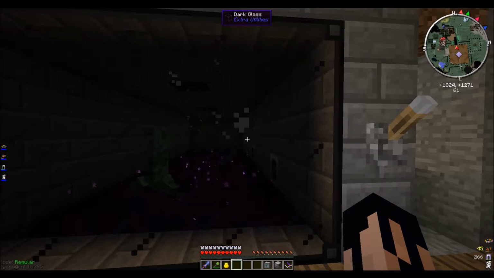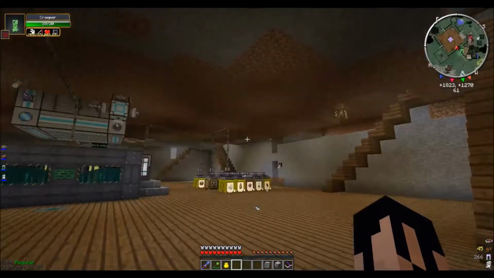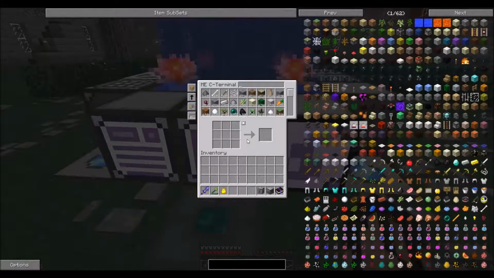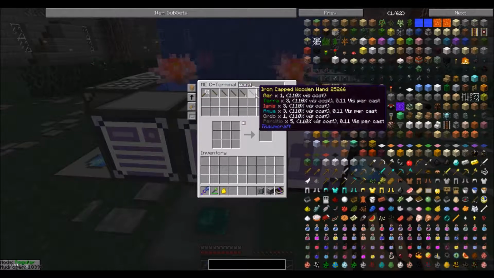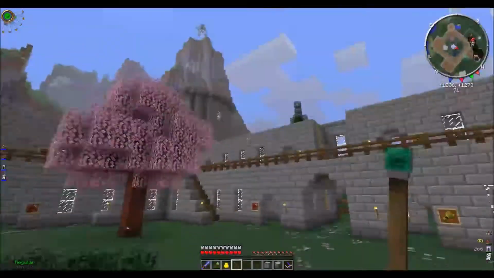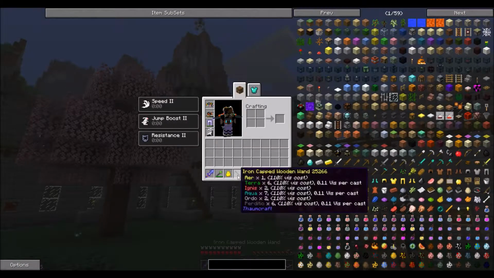Those are added by Thaumcraft, and the reason I was so keen on getting them to spawn is because they drop mana beans. Mana beans will be kind of crucial to our Thaumcraft setup, which we will make eventually when we get to it. They also drop occasionally wands. Now the important thing about these wands, you'll recall we made ourselves an iron-capped wooden wand before, but...